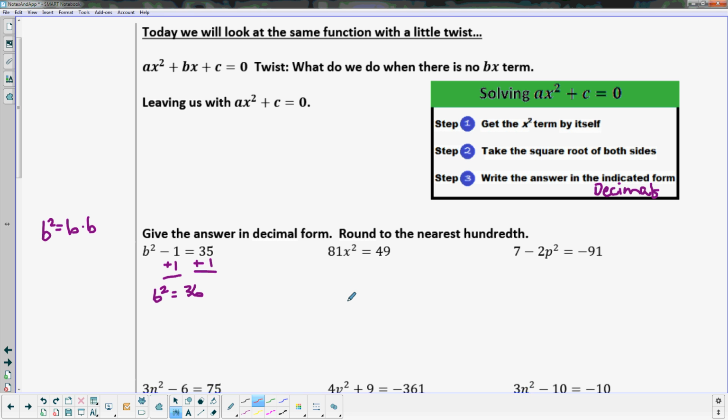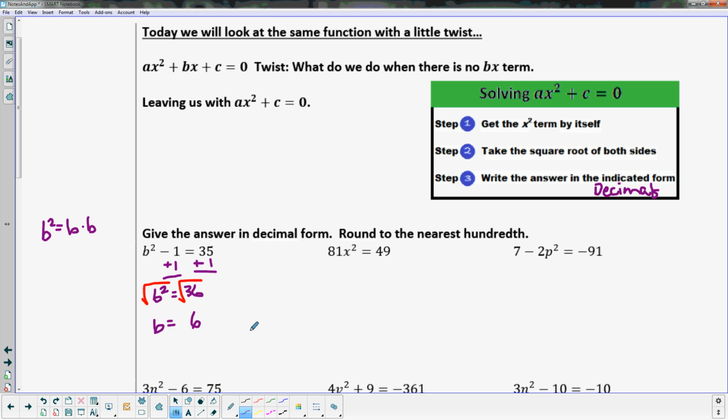So when I have a variable squared, and I take its square root, whatever I do to one side, I have to do to the other. When I take its square root, it's kind of like a form of division, and that's why it looks like a long division symbol a little bit. But the square root function undoes this, and it just ends me with, this will just be b over here. So it breaks one of the b's away. And when I take the square root of 36, I am going to come up with 6. And hopefully that makes sense, because 6 times 6